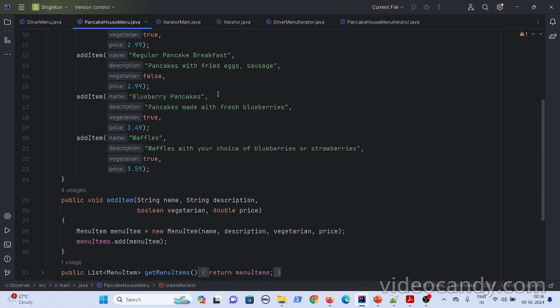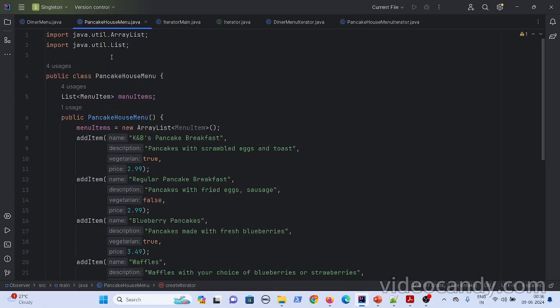And whenever there is a change in the traversal, you have to come here and change it. So there are two reasons to change. One is if the way the data is stored in this menu is changed, then you have to change this class. Or if you want to add traversal logic, you have to change this class. But according to the design principles, you should have only one reason to change the class. That is violated, so you should not do that.